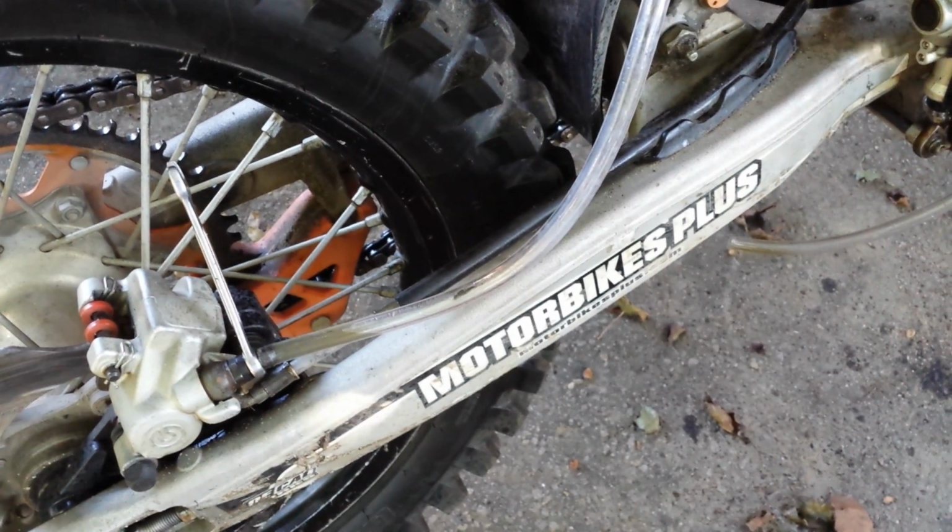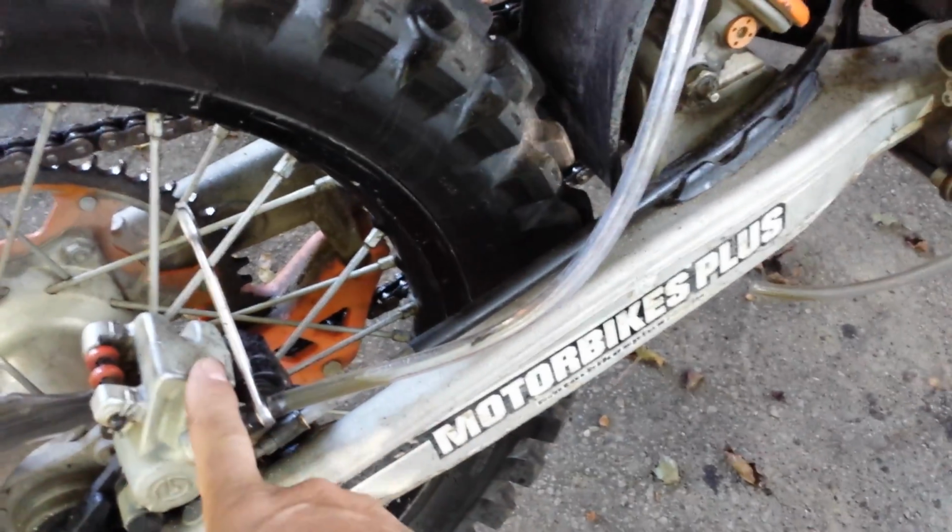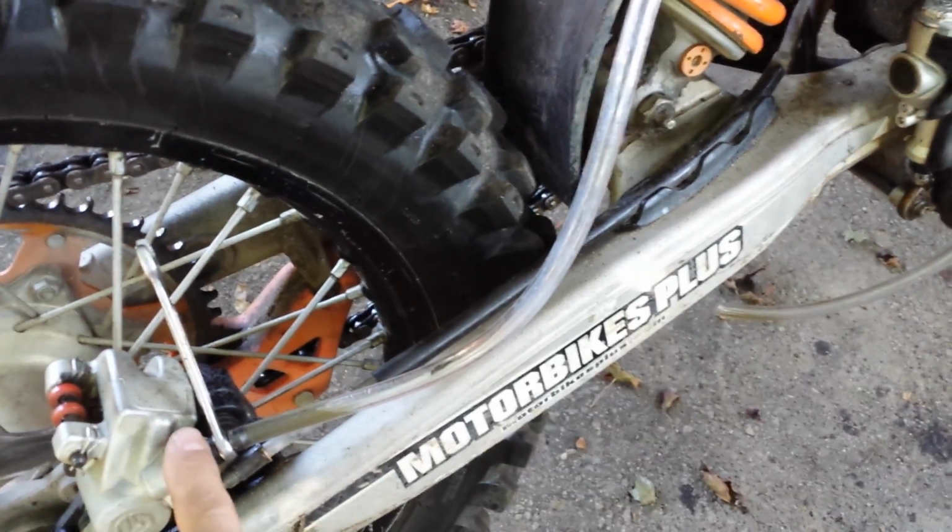There's 4 main reasons why your brakes fail. Brake pads, that's kind of the first obvious one. Second one is your fluid overheating. And the number one reason why that fluid overheats is because it needs to be changed at regular intervals, and use